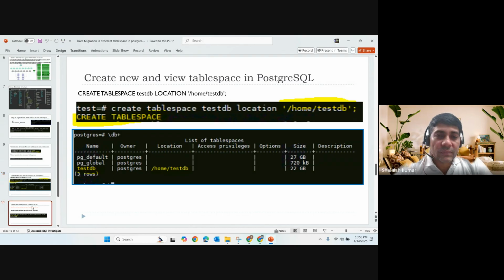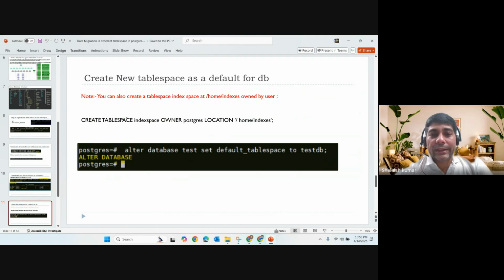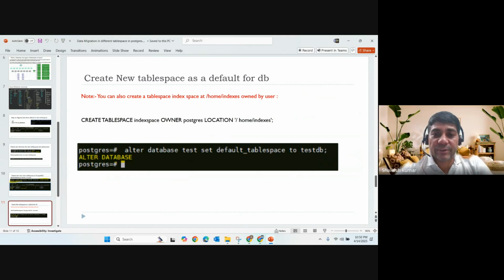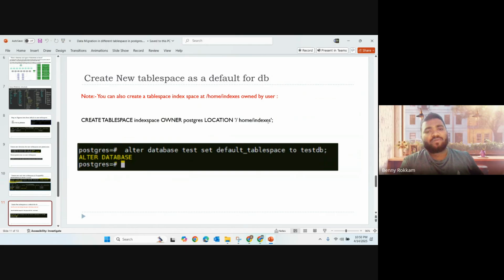Then you create one index table space for keeping only all the indexes. So here I have create tablespace indexspace owned by the postgres user. Location is home indexes. In the home directory, there is a folder named indexes. So all the databases' indexes will be created in this index directory, basically. But suppose one table is there, suppose an empty table is there, that